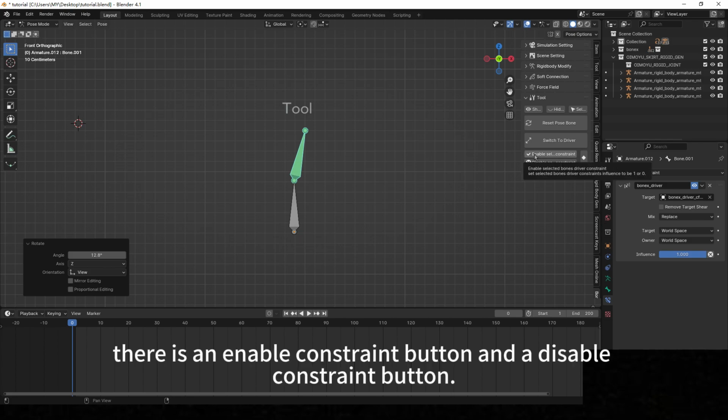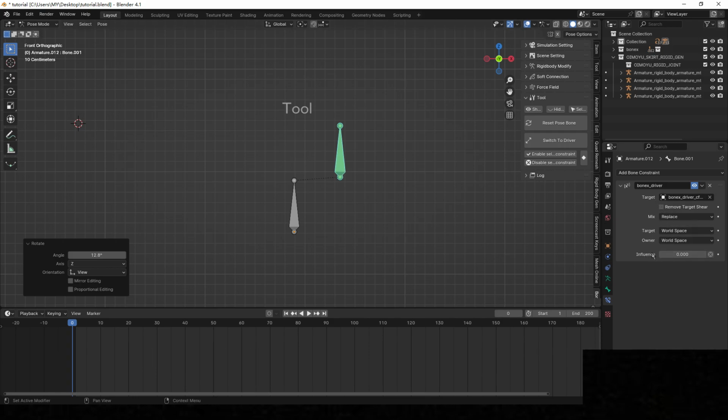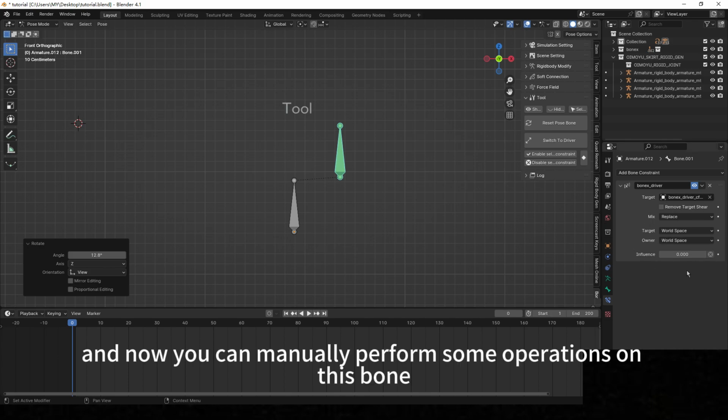Here we can see there is an Enable Constraint button and a Disable Constraint button. After clicking, we can find that the bone constraint influence is set to 0. And now you can manually perform some operations on this bone.